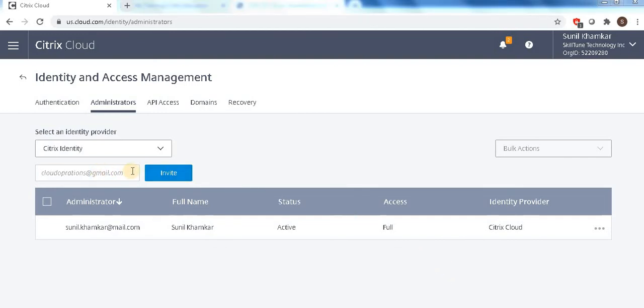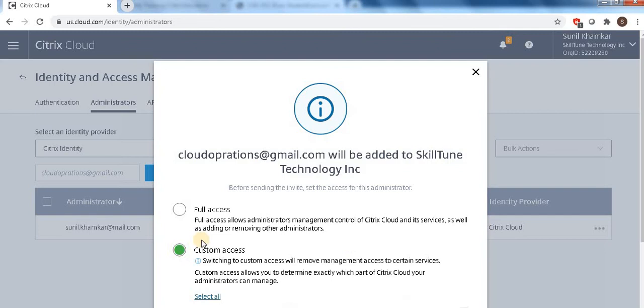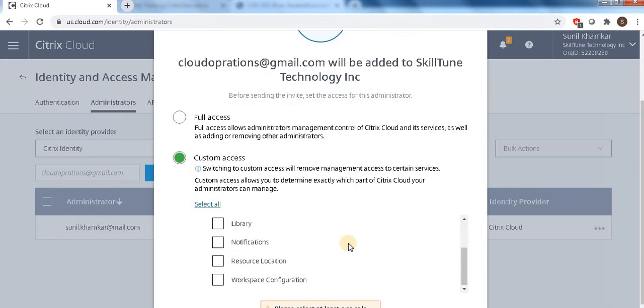I have added the email address, which is my CloudOps email address, and I'm clicking on invite. One window will pop up and ask which access you want to give. If you want to give full access, click on full access, and if you want custom access, click on custom. I want to give custom access.